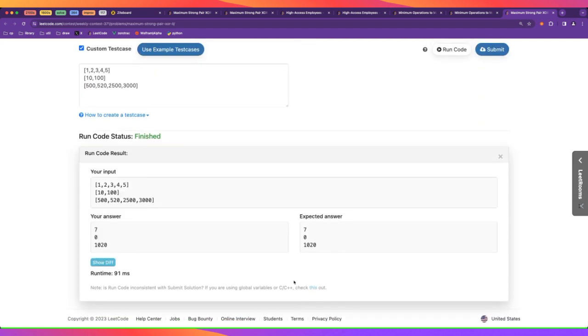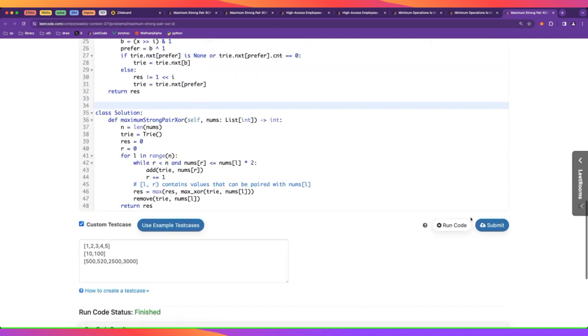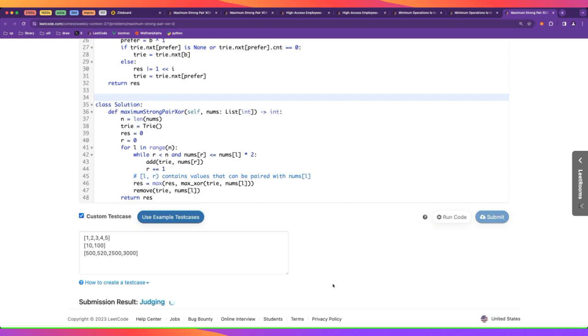So let's see, this gives the right answer for the examples,